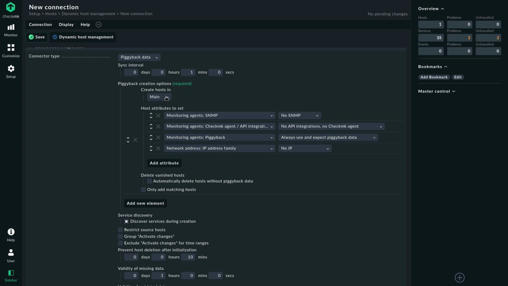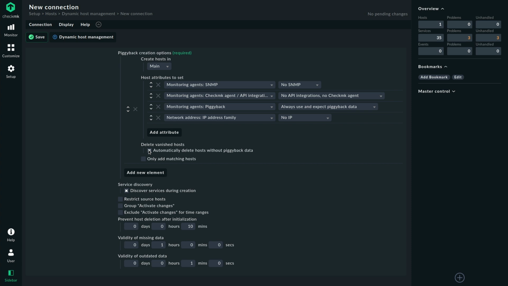So in this case, it's a very simple site. I'm simply creating the host in my main directory because it really doesn't matter here. Of course, in a production environment, you would do that in a dedicated folder. And we can use this default configuration, which really only tells CheckMK to not try to query an agent to make SNMP calls or even to ping the container, because obviously not every container is accessible through the IP network. So in this case, we only use the data that is coming from the Docker host to evaluate the state of the container.